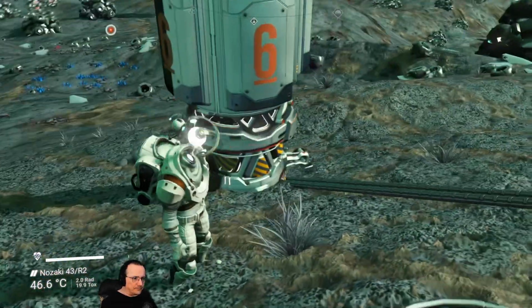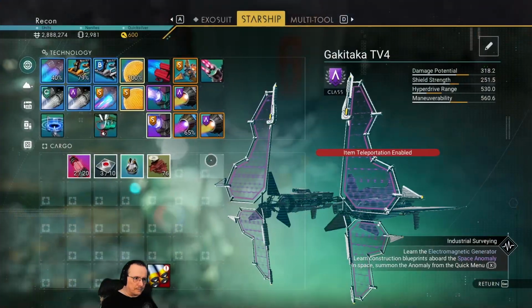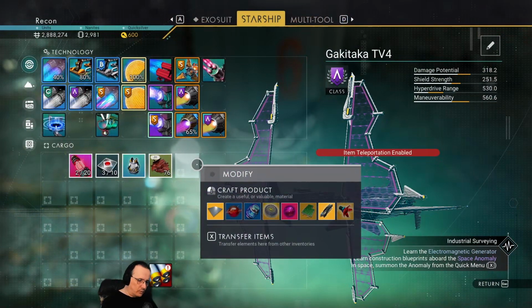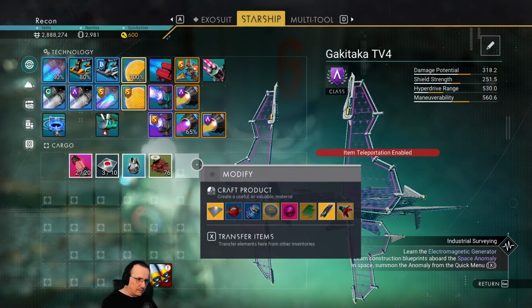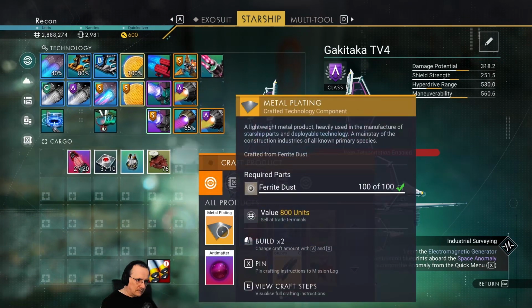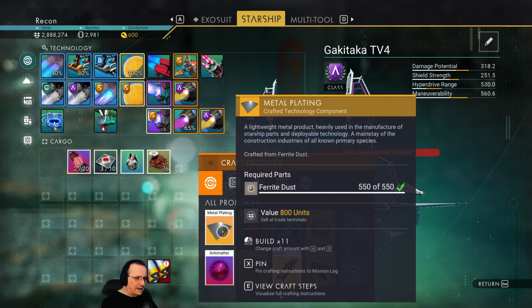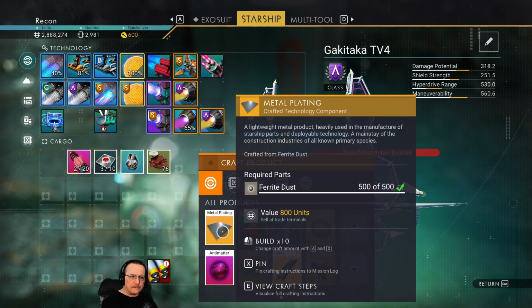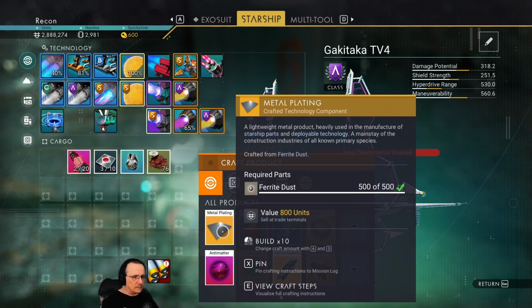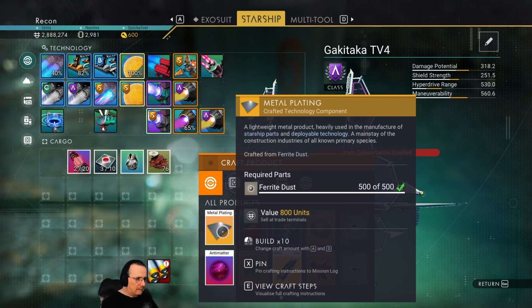So what I'm going to do is make 20 more metal plates. I think I should. Yeah. Oh, dude, you know what? I should just go buy these. I'm using up all my ferrite dust, because ferrite dust is useful for so many things, right? But I know you can actually buy metal plating right from the trade terminal. At any rate,